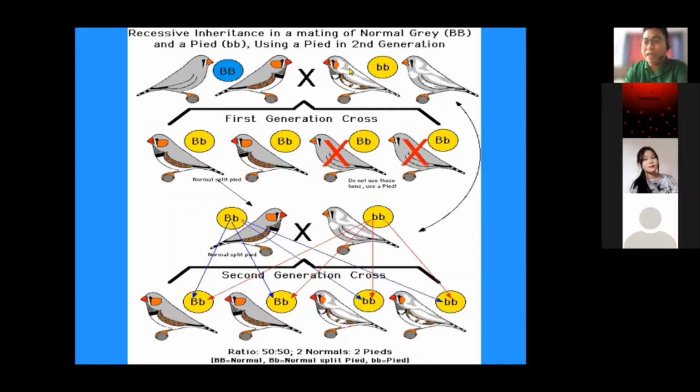So, saan makikita ang genes natin? Ang genes natin ay makikita sa ating DNA. DNA, makikita naman ang DNA sa ating chromosomes. Okay. So, a normal individual will have 46 pairs of chromosomes. For female, it will have the X and X chromosome. For male, they will have the X and Y chromosomes. But then let's focus first with genes.